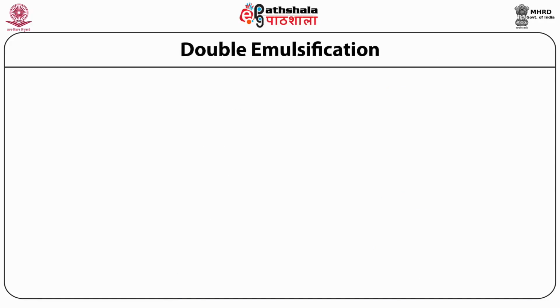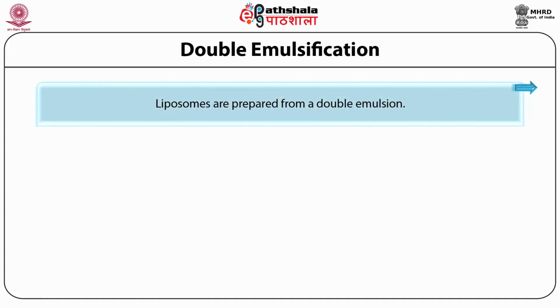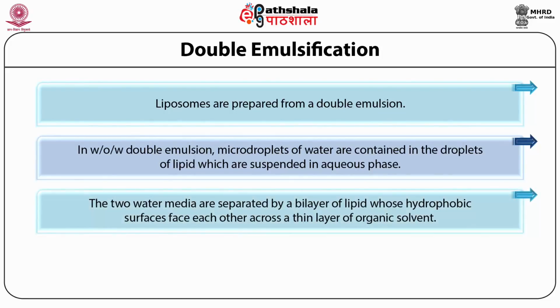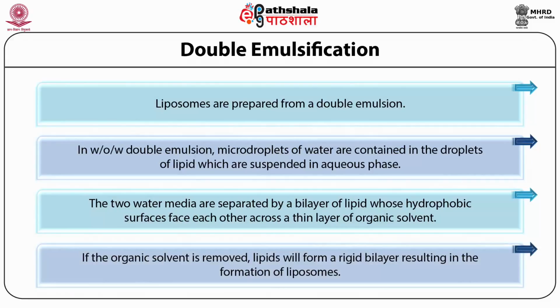Double emulsification technique. Liposomes are prepared from a double emulsion technique. In water in oil in water double emulsion, or water in organic solvent in water double emulsion, microdroplets of water are contained in the droplets of lipid which are suspended in aqueous phase. The two water media are separated by a bilayer of lipid whose hydrophobic surfaces face each other across a thin layer of organic solvent. If the organic solvent is removed, lipids will form a rigid bilayer resulting in the formation